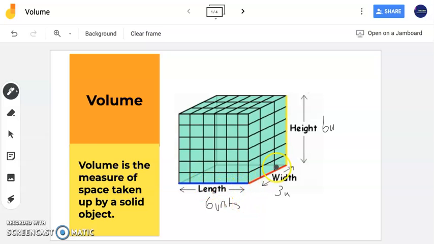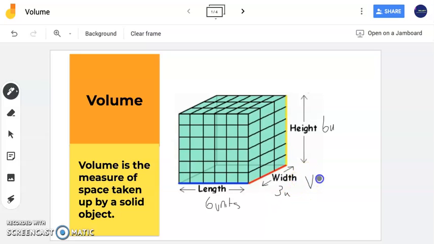Here, my base is a rectangle. So to find the area of my base, I could do length times width. And we see that my length is 6 and my width is 3. So 6 times 3 would be 18. However, we can't just have the area of the base, we also need to factor in my height. Therefore, I'm going to take the area of my base and multiply it by my height,